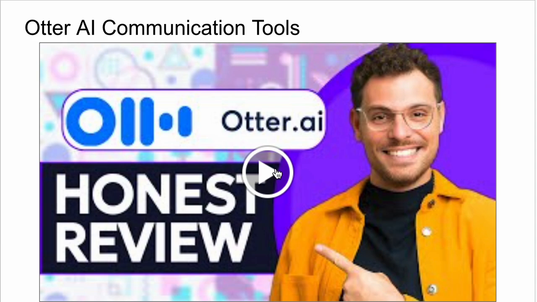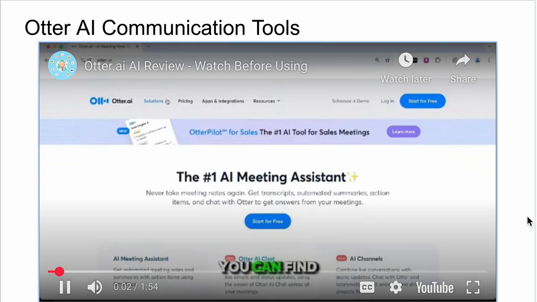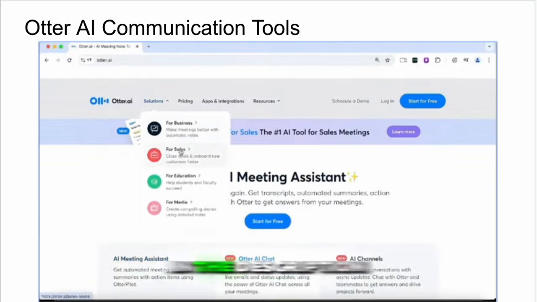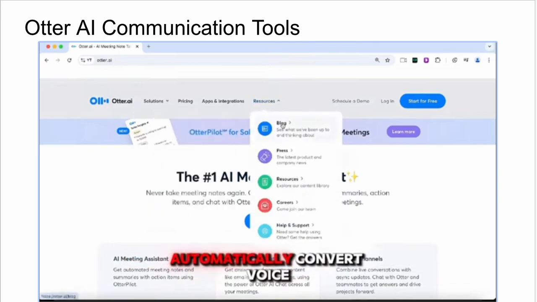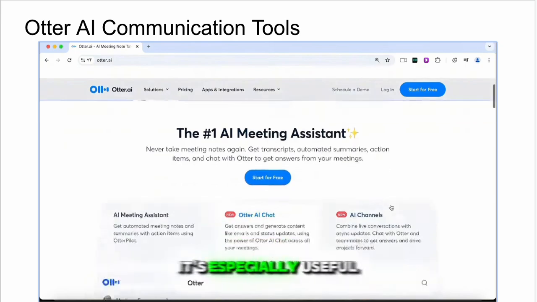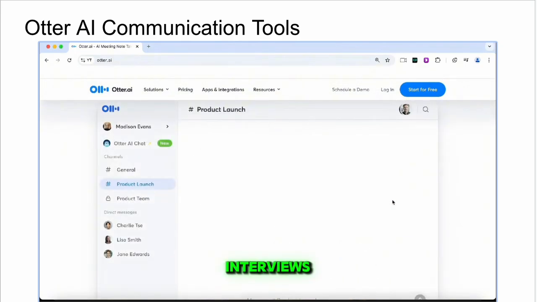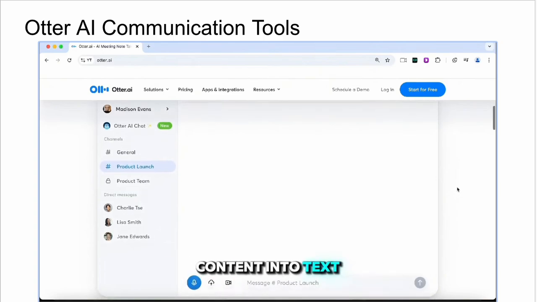So let's watch a little video. Otter AI Honest Review, watch before using. You can find the links to Otter AI in the description below. Otter AI is an advanced transcription tool designed to automatically convert voice conversations into accurate, easy-to-read text. It's especially useful for professionals who need to transcribe meetings, interviews, podcasts, or any kind of spoken content into text